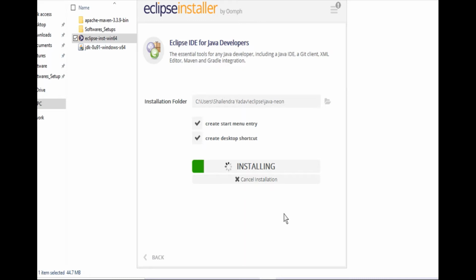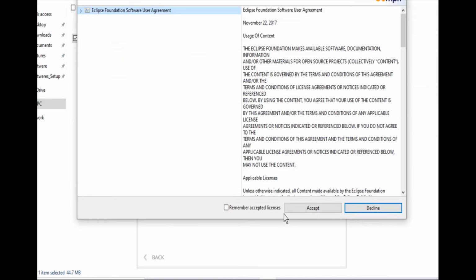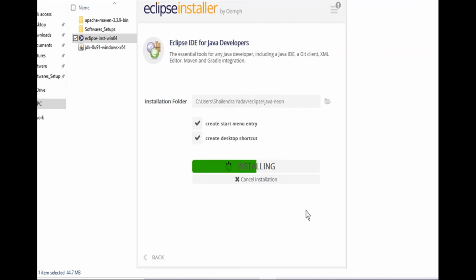Installing has started, so we have to wait for a couple of minutes till this installation is completed. Here is another window where you have to accept the license agreement, and then the installation is going on.